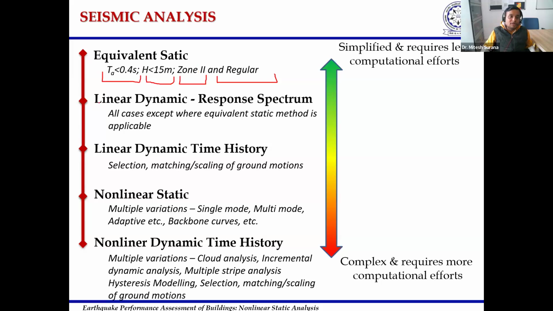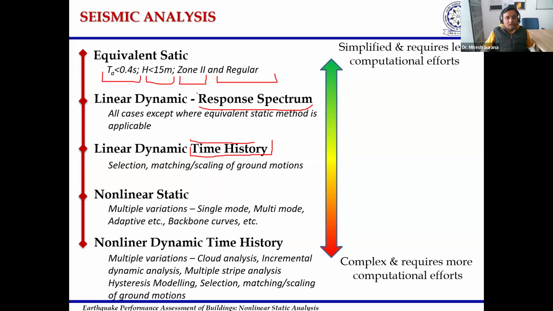and linear dynamic analysis can be performed in two ways. It can be performed either using a response spectrum, or by using an actual time history, that is the earthquake record that we can use to perform the linear dynamic analysis. So what is the difference between equivalent static and linear dynamic analysis? In equivalent static analysis, we are assuming that the structural response is governed by a single mode of vibration, whereas in linear dynamic or response spectrum analysis, we are using the modal superposition method. That means we assume that the structural response is governed by a combination of different modes,